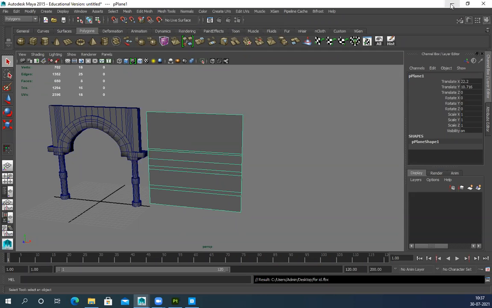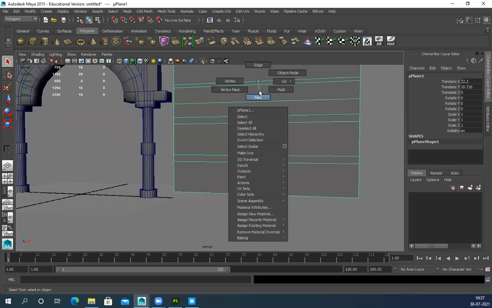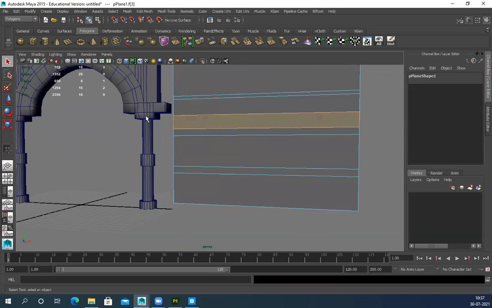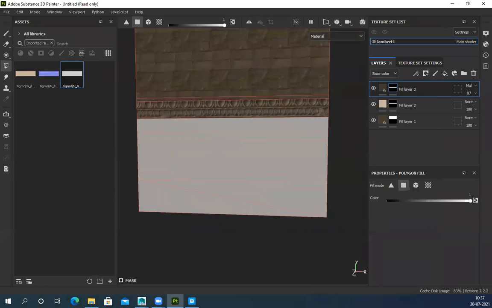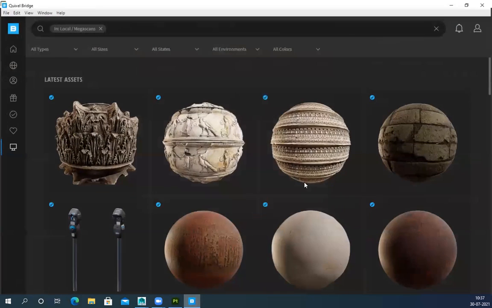So this part I want to add those. This is for this area, right? So that design, I again want to add another design here.